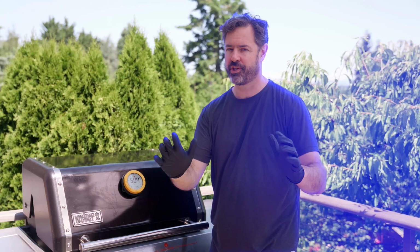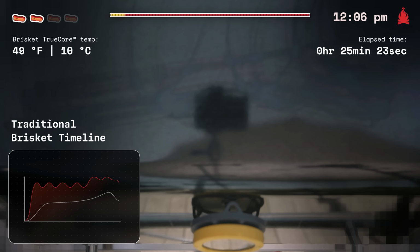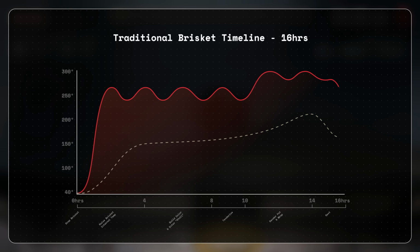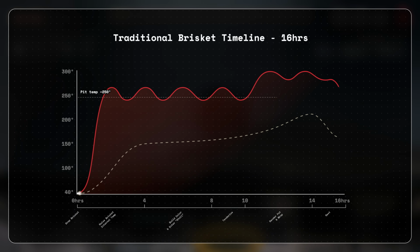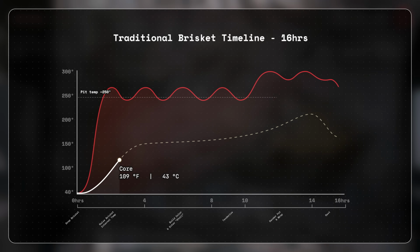Before the barbecue police show up, let me explain. This graph is the heating profile for a traditional 16-hour low and slow barbecue brisket. At a pit temperature of around 250 degrees, the cold brisket spends the first 4 hours slowly warming and then